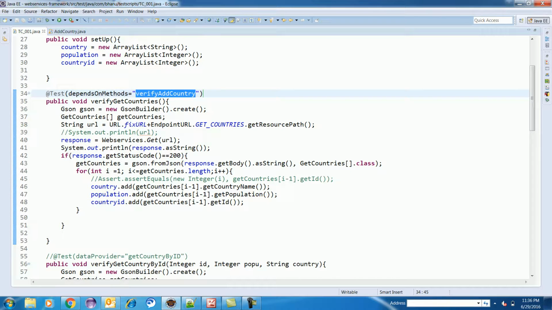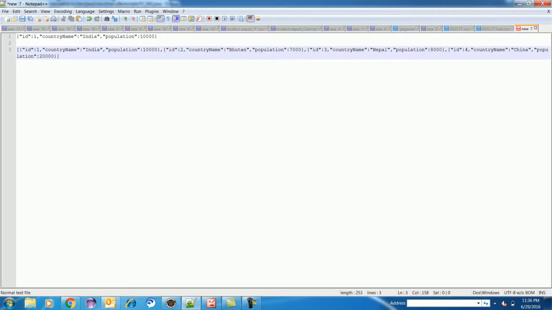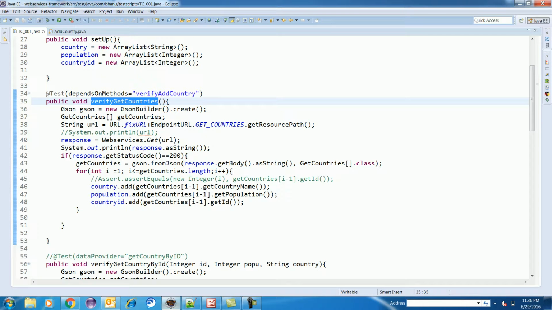So through this test we will come to know how many countries we have, because I have already shown you in the response earlier we had these 4 countries: India, Bhutan, Nepal, China. So total 4 countries. 2 I'm adding. So what I will do is I will press Ctrl+F11. So if I run that,